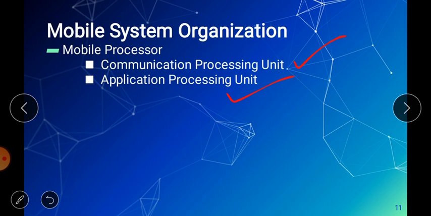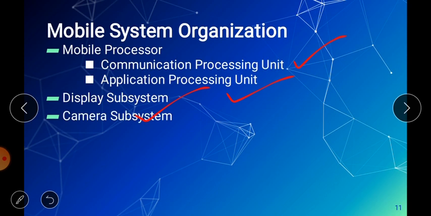Now think what else we can do with the mobile. The display subsystem. We can watch movies, we can watch serials, we can watch YouTube videos, many other things. Or means the touch system of the mobile phone, that is the display subsystem. So the other component in the mobile is the display subsystem.